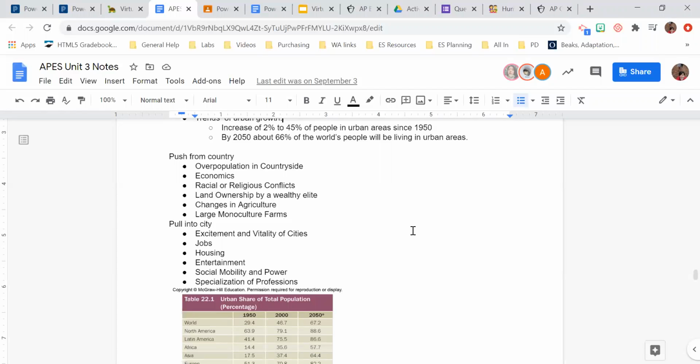When I lived in Young Harris, I actually knew one family. Their kid was one of my students at the college. They were local. They lived in that county. And the dad, he was a mechanic. He worked in Atlanta. He would drive 2 hours, work in Atlanta all week, and then come back home to Young Harris on the weekends. And that's because he was making better money as a mechanic in Atlanta than he could in the Young Harris area. There just weren't as many people needing cars fixed. Now, he also fixed cars in the Young Harris area on the weekend, like in his front yard. But that was definitely economic. He was being pulled into Atlanta because of economics.